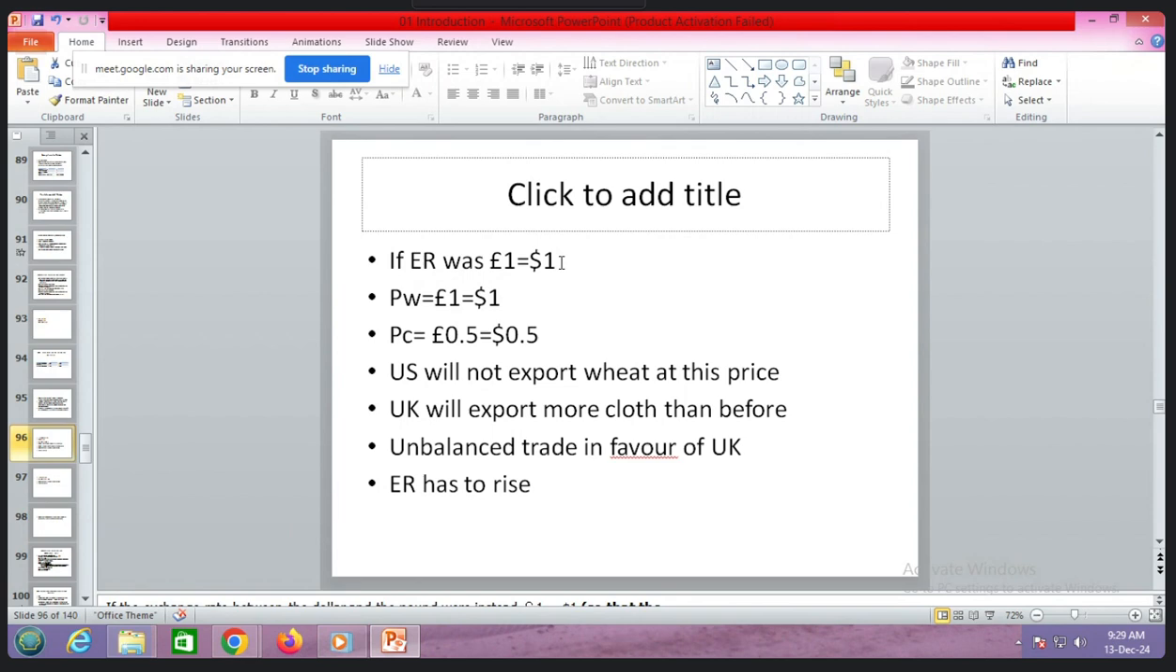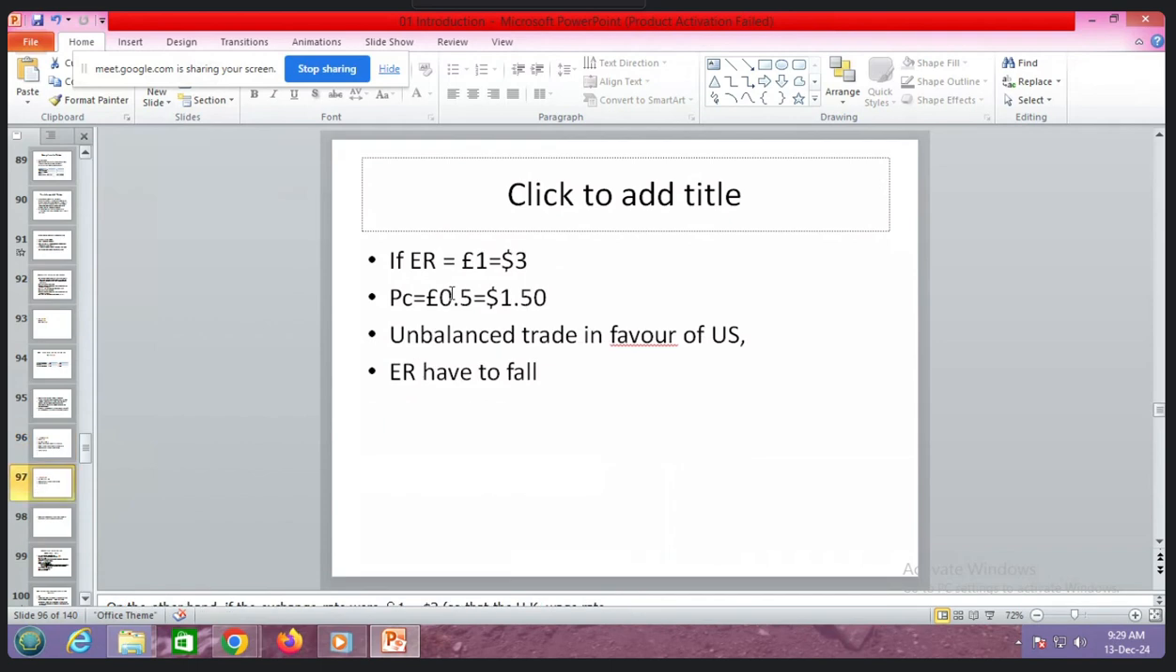So labor cost in US is $6 and labor cost in UK is 1 pound. So you are on the one extreme, that is 1 by 6. So you're on that extreme. So again, the trade is going to be unbalanced. Whereas if the exchange rate is 1 pound to $3, then what you are getting is $6